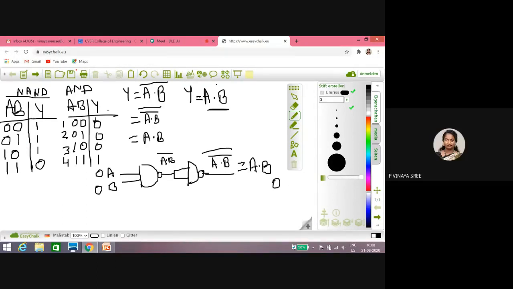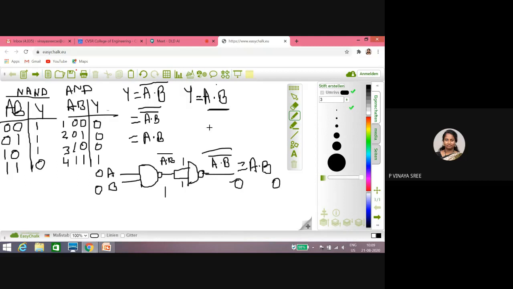As this is the symbol of NAND, you have to check the truth table of NAND. If the input is 0, 0, what output will you get? Input 0, 0, I'm passing to this NAND. What output are we getting, ma'am? 1. Okay, so 1 means what combination do I have to check here? 1 0, 0 1, or 1 1? What input do I have to check here? 1 1. Yes, 1 1. Why? Because this 1 is passing to both. 1 and 1 means the output we are getting is 0. Are we getting it? Yes. Right?